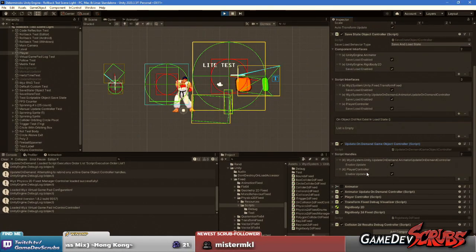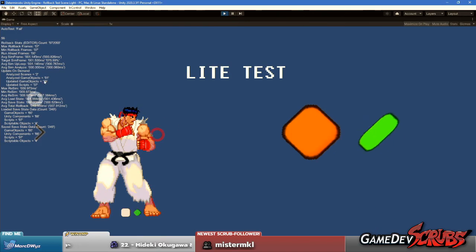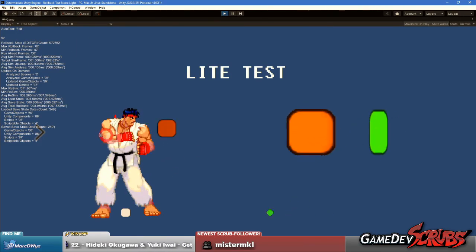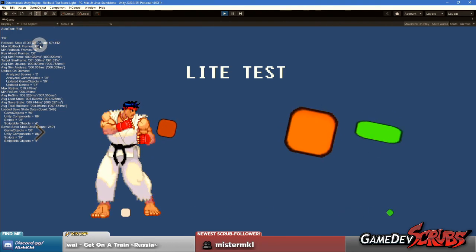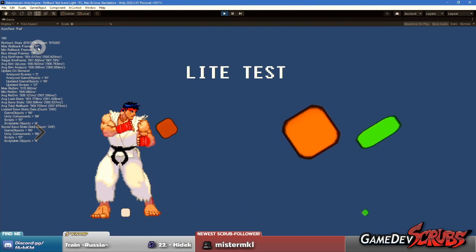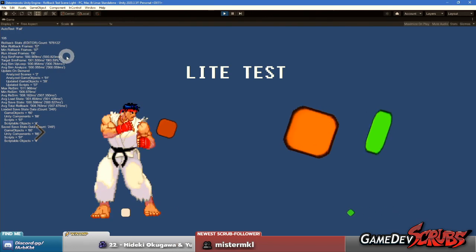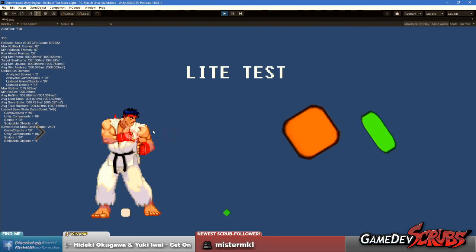So how would you test rollback, simulate bad networks? That's a whole other thing. That's when you get into actually setting up networking, but you don't really have to do that to test your rollback. And that's what I was saying here. This is doing a rollback test automatically. It's not hooked up to a multiplayer situation. It's just simulating a rollback. It goes back in time 7 frames and updates the game back up to current time.